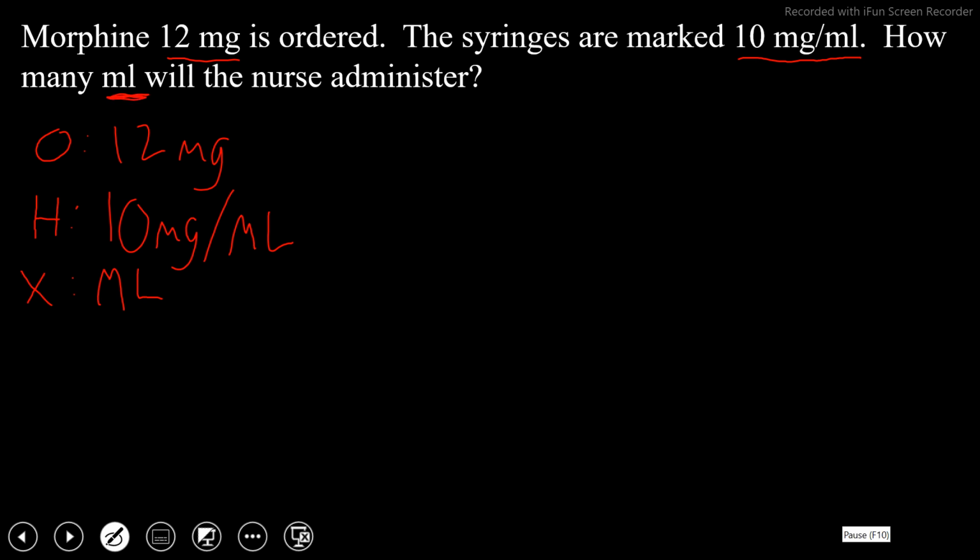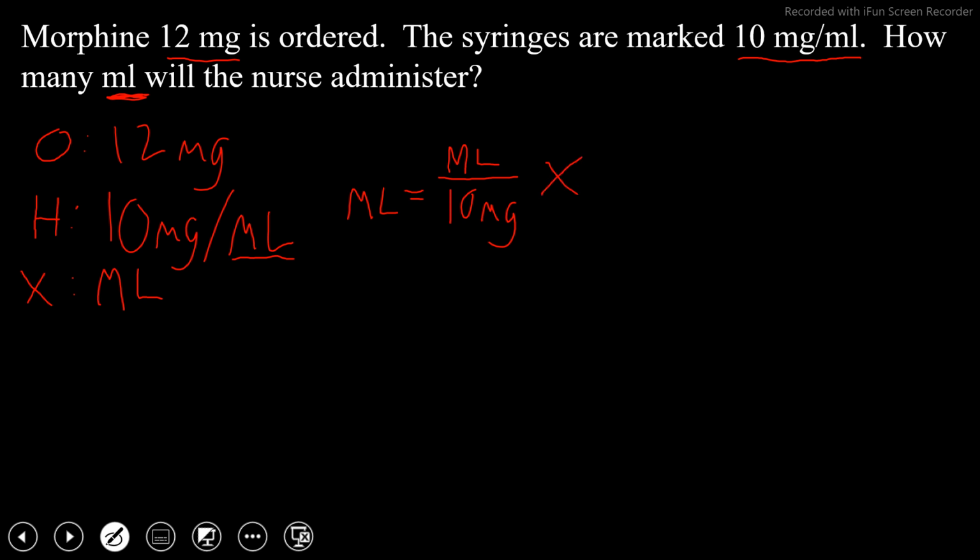So I start with what we're solving for. So we're solving for mL, so mL equals, and then look where you find mL in our information. It's here. So we're going to put that up here first. mL over 10 mg